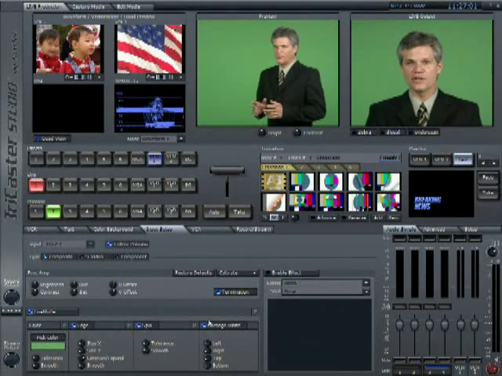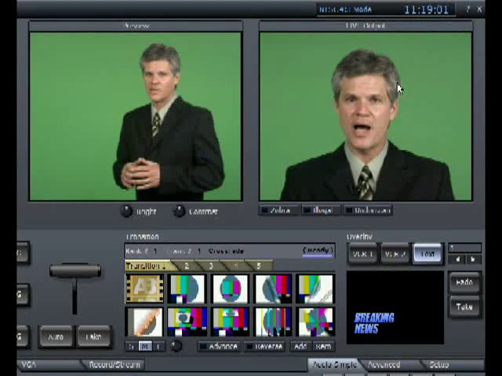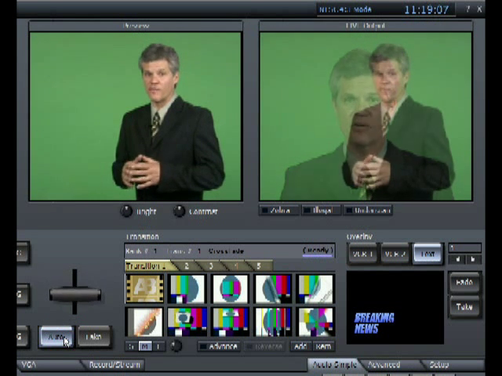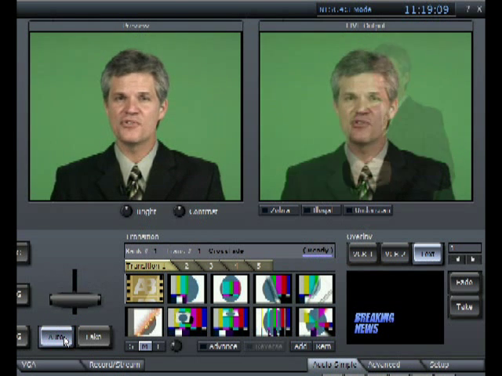When looking at the TriCaster interface, the first window I'd like to point out is the live output window. The monitor in the center is your preview, so that's basically up next. If I have camera 2 on preview and do a transition, you actually see it transition and the 2 monitors